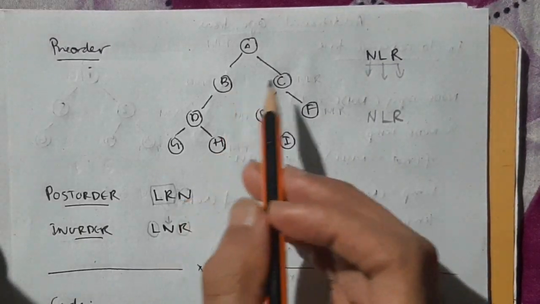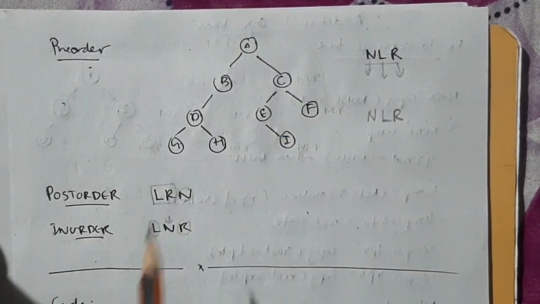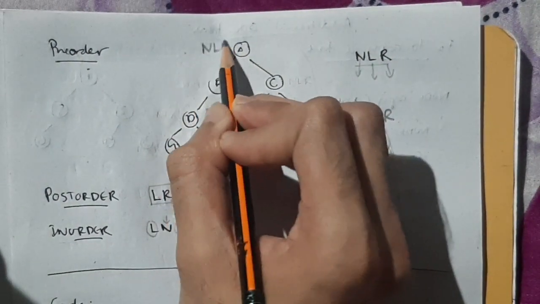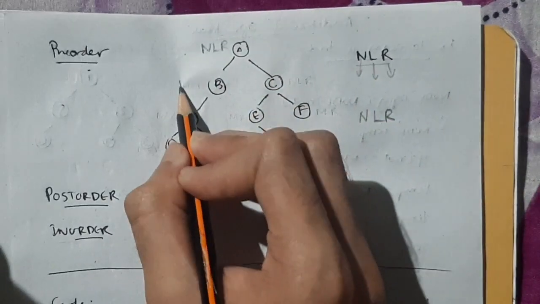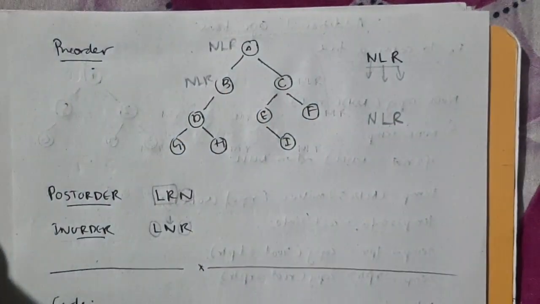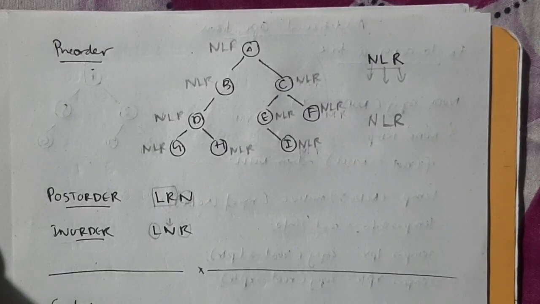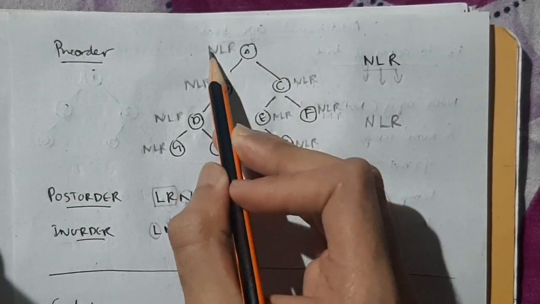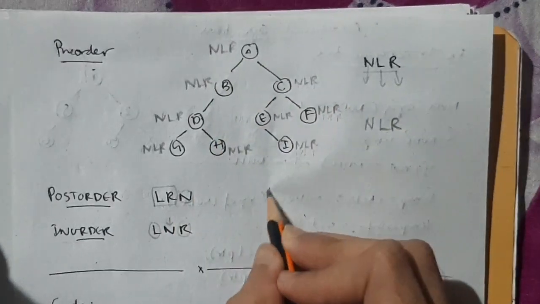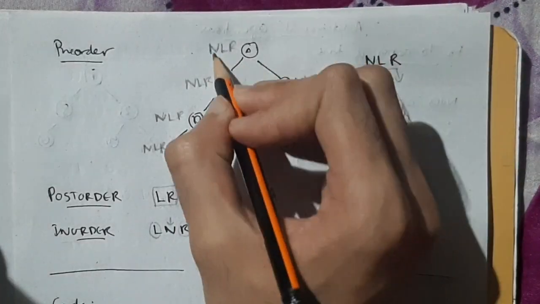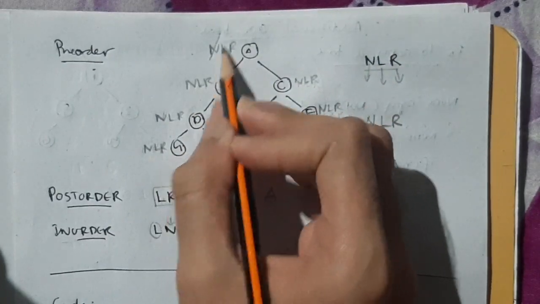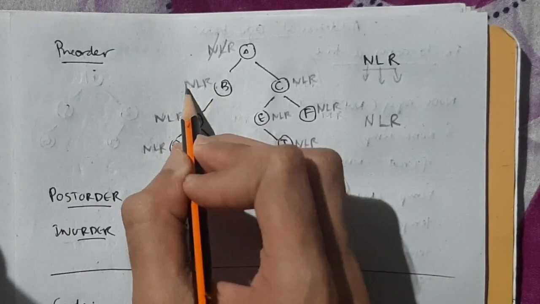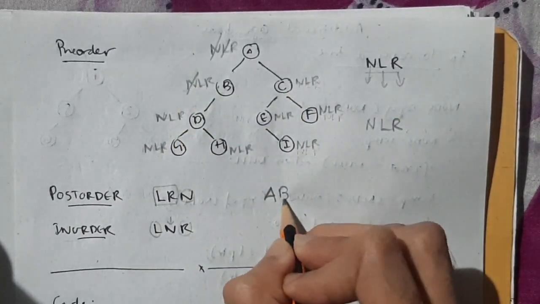Now if you have to write the pre-order for this given tree, what do you need to do? Step 1, write NLR. If it is pre-order, you have to write NLR for every node. Okay, after writing all this, start from the top node. In that node you will have NLR, right? N means node, node means it will get printed A. So when that is over, cut it. L means go to left, cut it and go to left. In left you have B, NLR, again N will be there, cut N and output B.